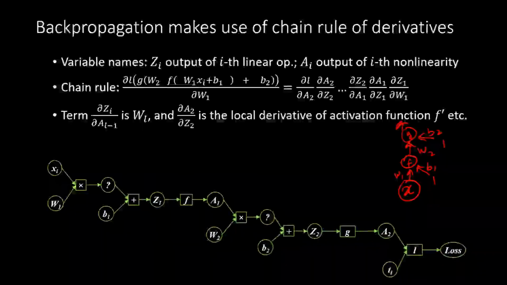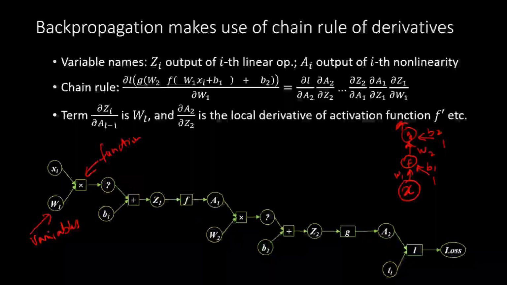Later on we will see what if x is a vector instead of a scalar, and because of that your w is a matrix, because the output of the neural network is also a vector, whose size is the number of neurons in that layer, and so forth. So the computational graph is going to look like this. Whenever you see a circle, circles are variables, squares are functions, and an arrow is the flow of information.